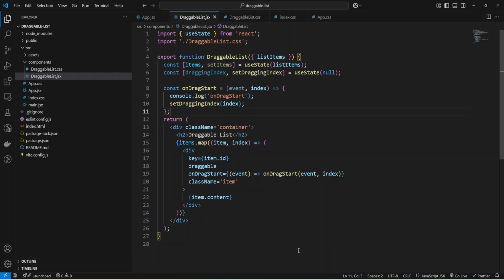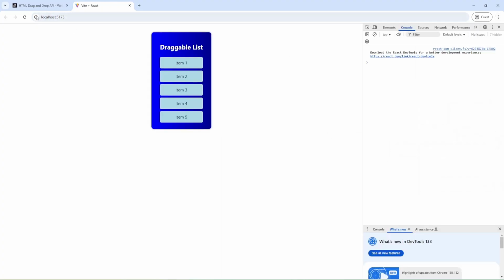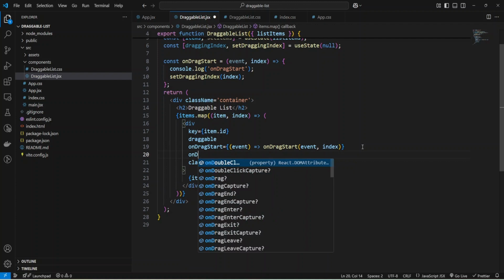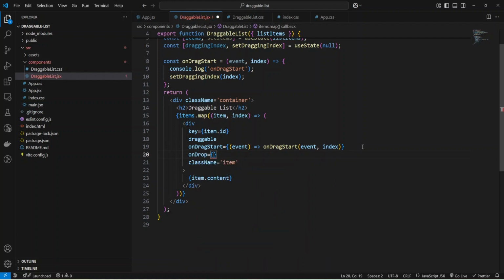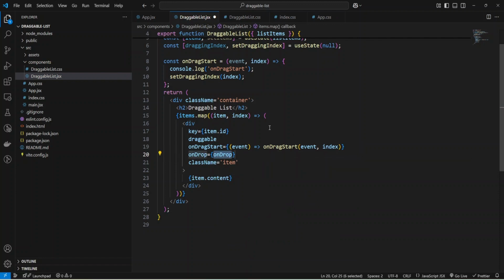Okay, and let's check again. I'm going to open the console and refresh the page, and as you can see, now I can grab, and we have onDragStart, and when I select some other item, we have onDragStart again. And now we can add an event handler for onDrop, and I'll provide a function, and we'll implement it.